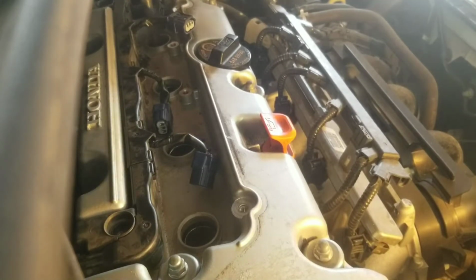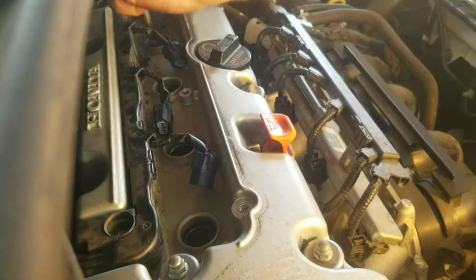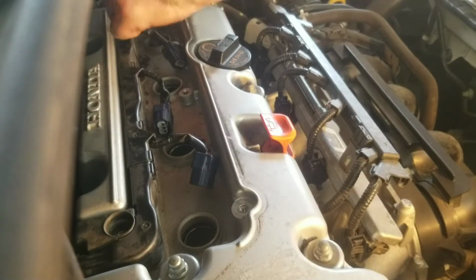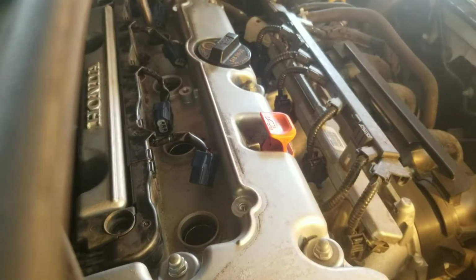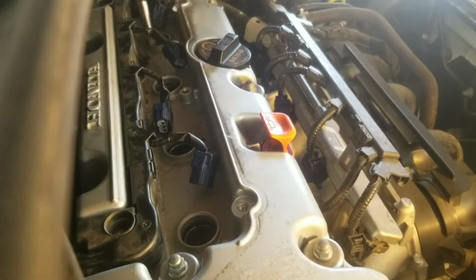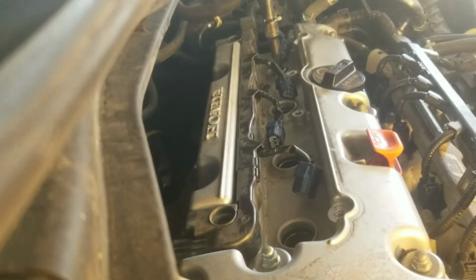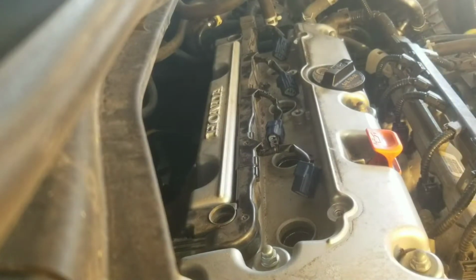Wiggle it. These things can get snug on there. If you use a little dielectric grease on the end, sometimes it helps, but come on. Try a little trick. All right, all four are in. Next step